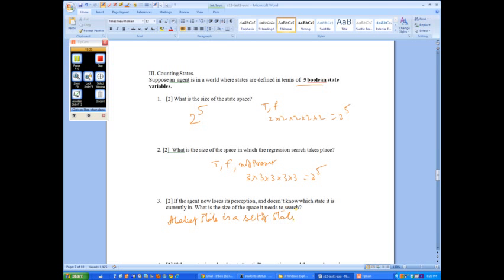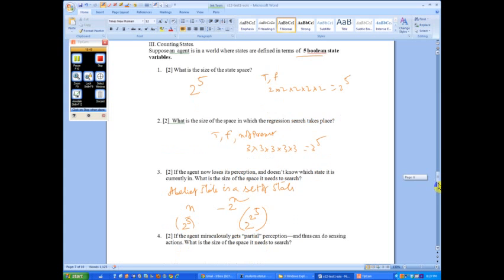That means each subset of the original states can be a separate belief state. If you have n items, you can get 2 power n subsets over those items. In our case, you have 2 power 5 states, so you can get 2 power 2 power 5 belief states. Okay, so that's the price you pay for